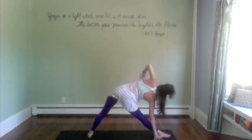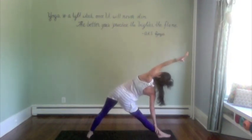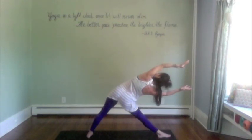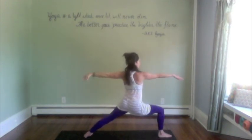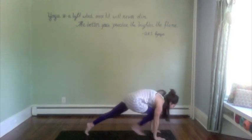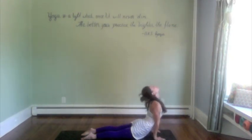And then we'll slowly roll out, stepping into triangle pose. Take this right hand where it likes to go, shin, ankle, floor, or block. And then, if you still have it in you, make it a core-supported pose. Lift the arms up, make the palms parallel like you're holding a beach ball, and send 5 breaths right through you. Coming back to warrior 2, windmill arms down, and step through Vinyasa any way you like, meeting in downward